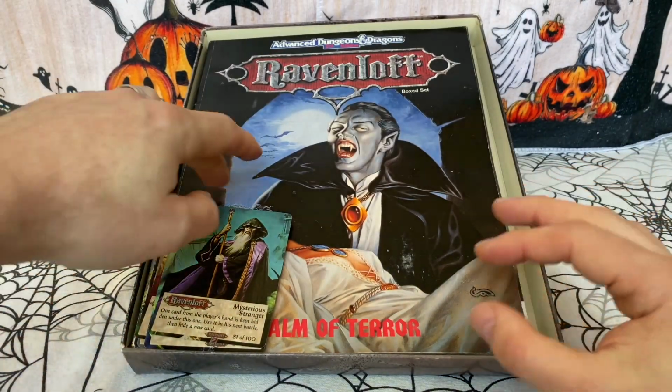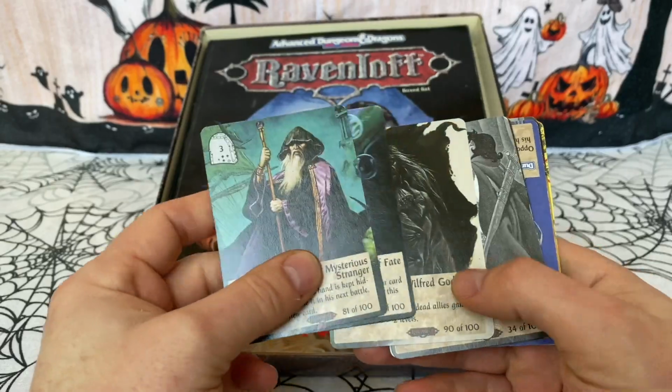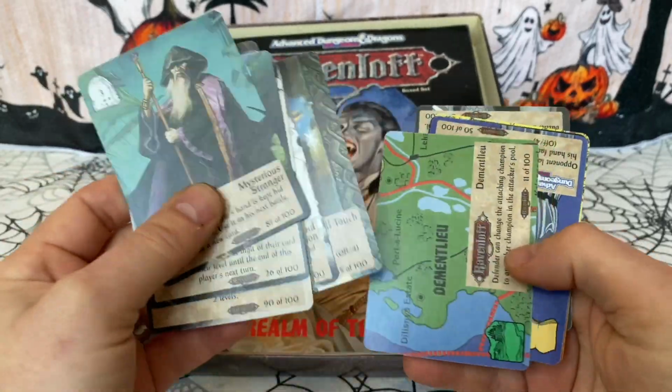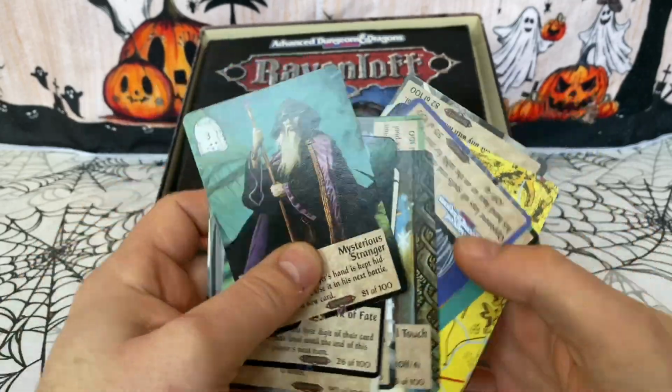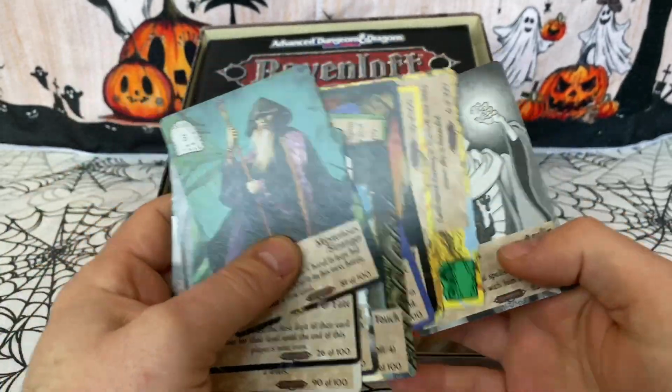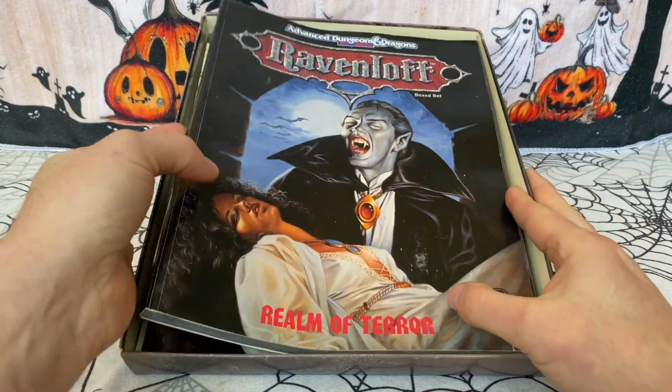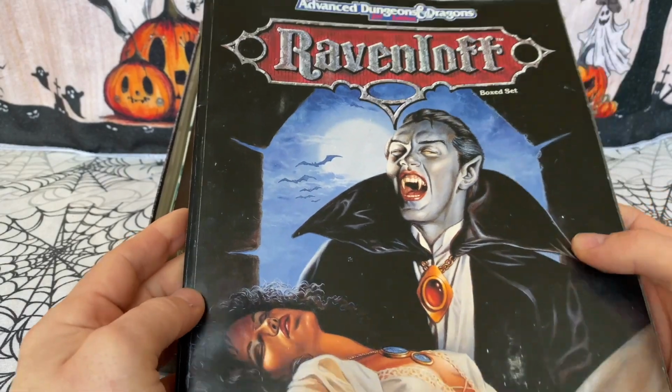So open it up. These actually, I didn't realise were in here. These are some Spellfire cards, when TSR decided to get in on the customizable card game. These happen to be Ravenloft ones, so let's put them to one side because I didn't know they were there. And then this is the Ravenloft